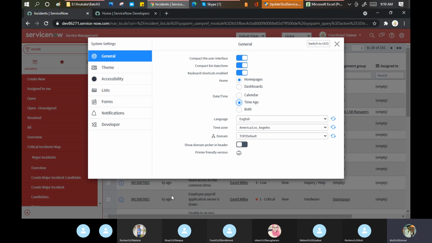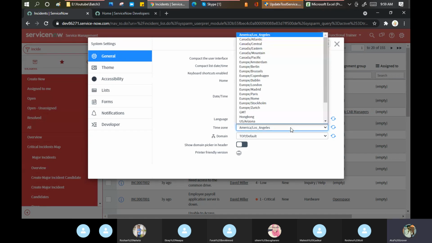Even though it was created at 23:58, it is yesterday for me. It doesn't mean that it's midnight. It's yesterday for me. Okay. If you want to change the language of your profile, you can select it from here. As of now, it's showing English only. If you want to change the time zone, you can change it from here. Tomorrow, when we discuss more on this part, I will create users for you guys as well, and then you can go and try to make the changes at your end.